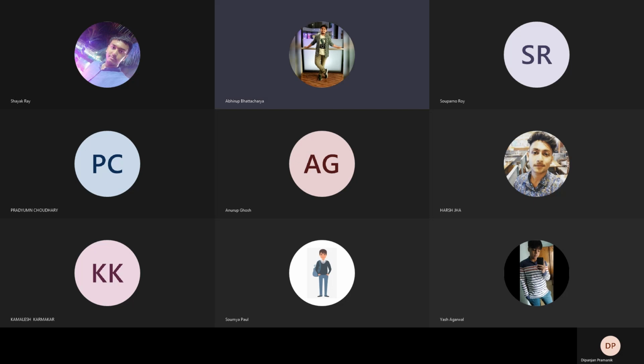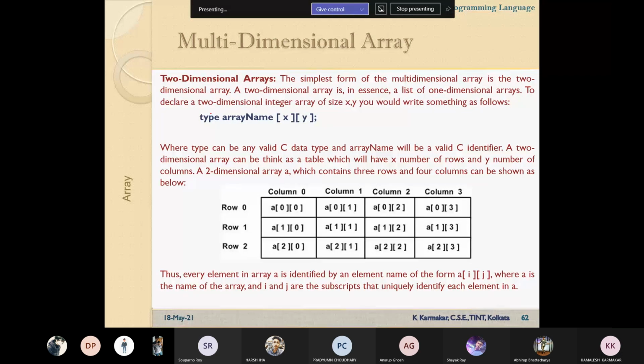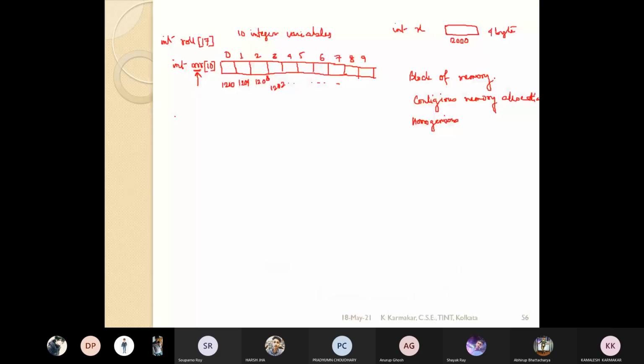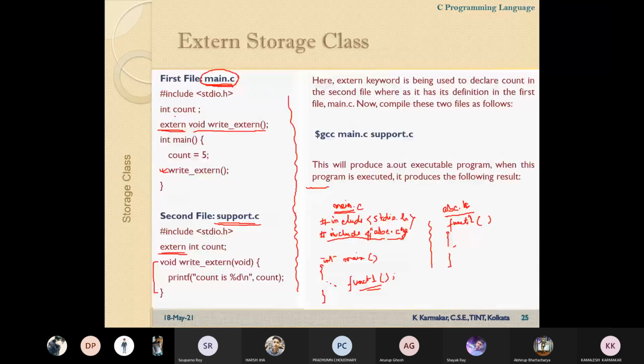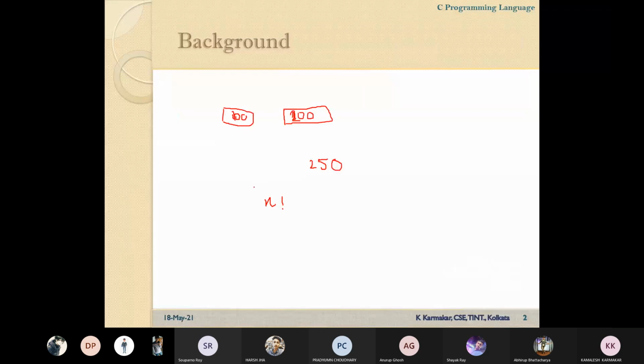Yeah, it's not shared. Is it feasible? Yes, sir, now visible.